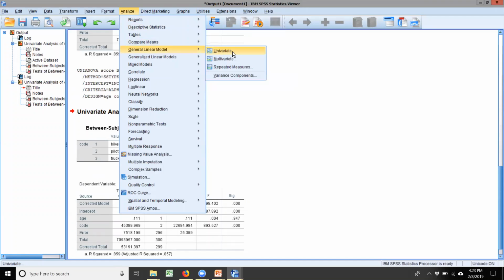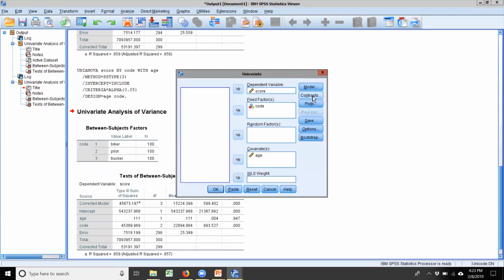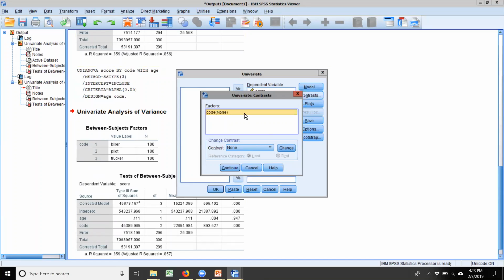So if you go back to General Linear Model under Analysis and go to Univariate, we can click on this Contrasts button, right? And right now we can see that it's not doing any contrasts, which is why we didn't see any in the output. But we can change that. So if I click under Contrasts and just go to Simple,